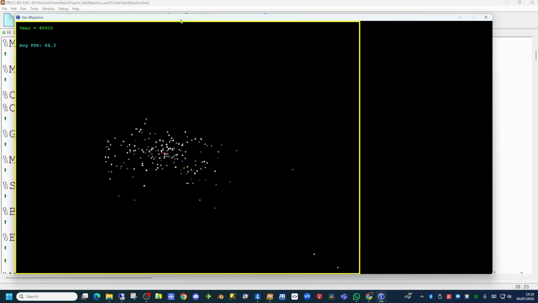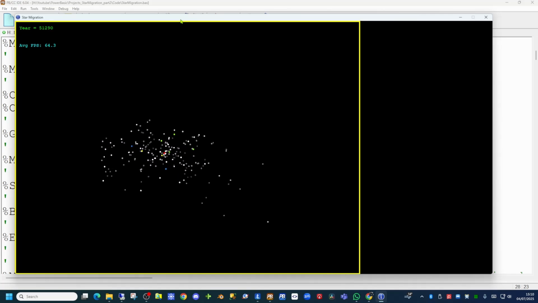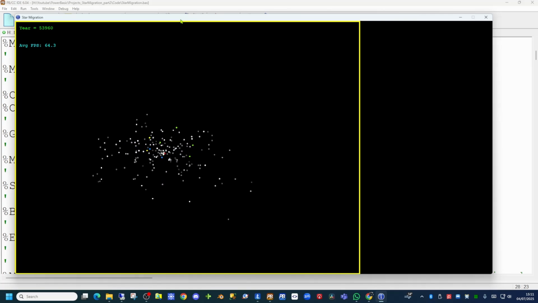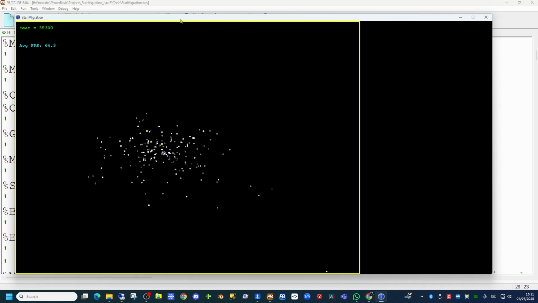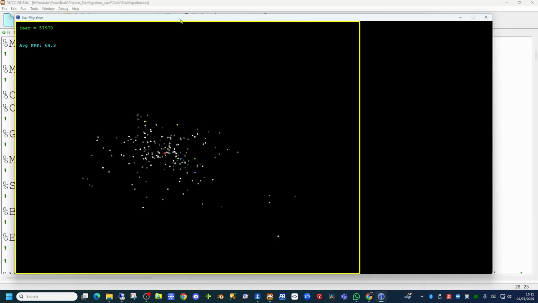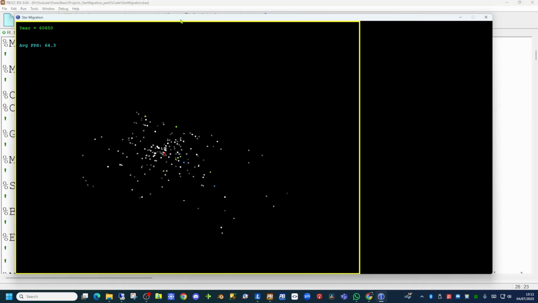While we're not displaying those stars on the screen when they go outside the yellow box, the position is still being updated in the arrays. So when the star does come back, it will appear back at the edge of the box and head back towards the black hole. So in summary, what we've achieved today is we have optimized the calculation of positions of